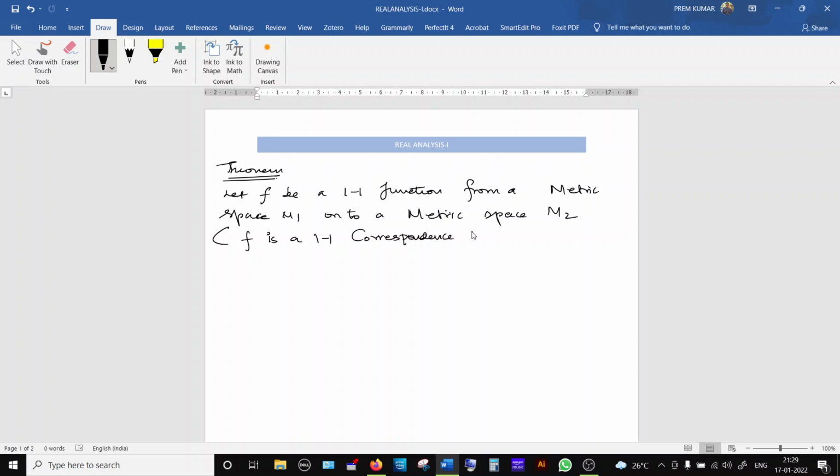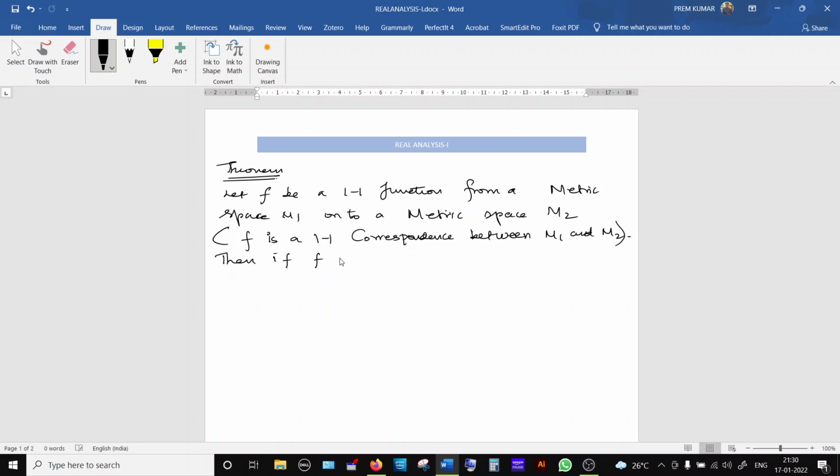When a function is both one-to-one and onto between two metric spaces, then the function is called a one-to-one correspondence between M1 and M2. Then, if there exists a one-to-one correspondence between two metric spaces,